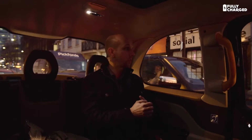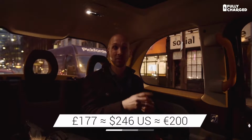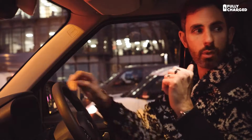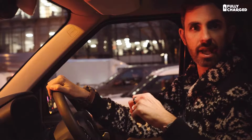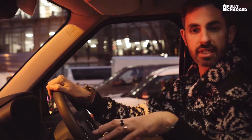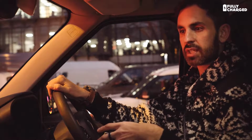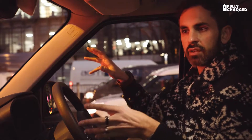Really? And when you look at the lease options in terms of buying it, the current TX4 is £167 a week. This one is £177 a week. So it's only £10 a week more, but look at the savings you can have. I was talking to one of the sort of veteran cab drivers who's been experimenting and testing this for the last 7 weeks. The first thing he said to me was, I wasn't a believer at first, but